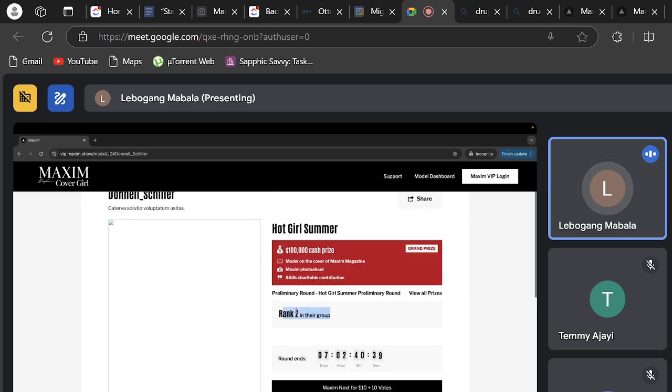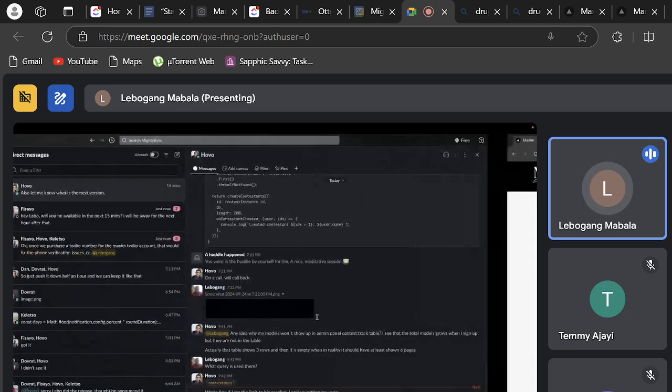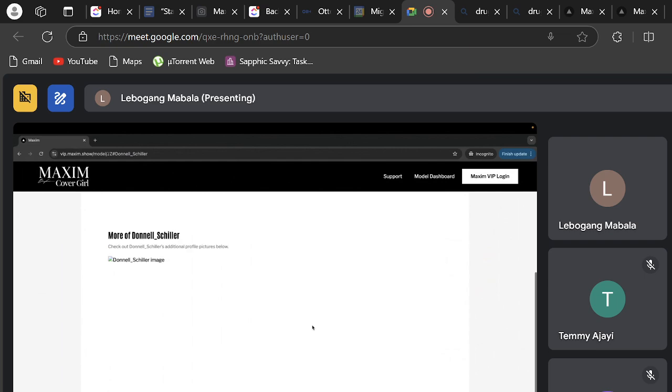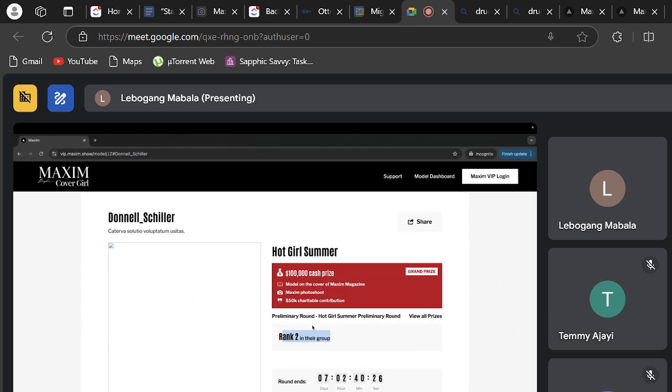When you vote, depending on how many votes you have, you should see this rank change for that particular person. Wait, where do we see on the admin the ranking for everyone?